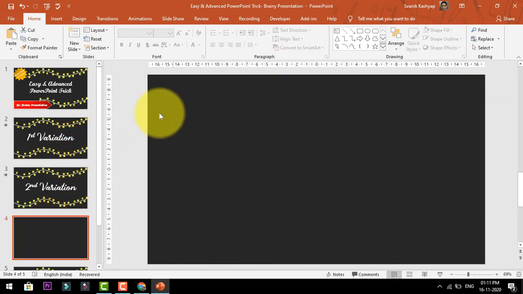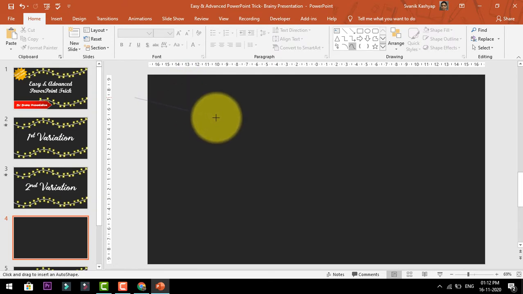I don't want this curve to start from just the starting of the slide, because it will not give a perfect look. So I'm starting from a bit outside. I'm holding my left mouse click and dragging a line like this, and then I will release it.